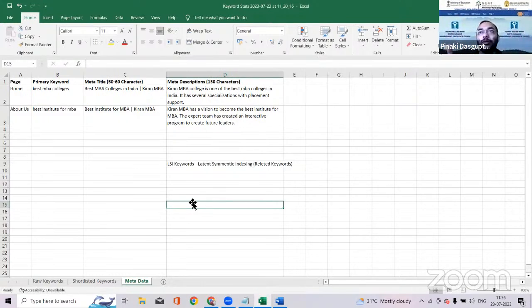सो MBA स्पेशलाइजेशंस को भी बहुत सारी चीजों के साथ मैप किया जा सकता है, जैसे MBA इन फाइनेंस, MBA इन मार्केटिंग, MBA इन HR। मगर मेरा मेन कंटेंट MBA स्पेशलाइजेशंस था। सो ये जो एक कीवर्ड के अगेंस्ट में डिफरेंट रिलेटेड कीवर्ड्स की ब्रांचेस निकल रही हैं, इसको हम लोग बोलते हैं LSI कीवर्ड्स।